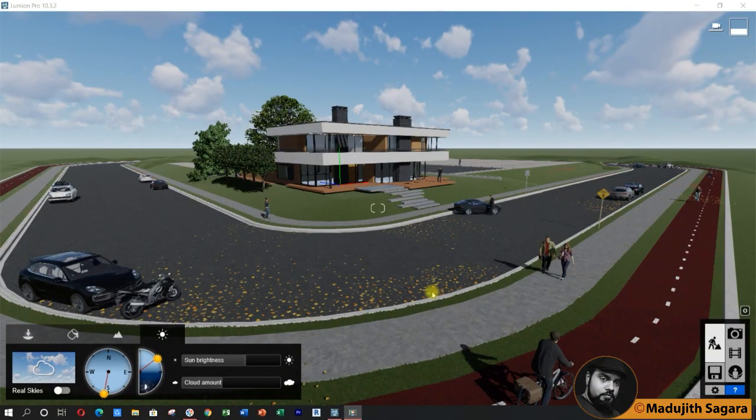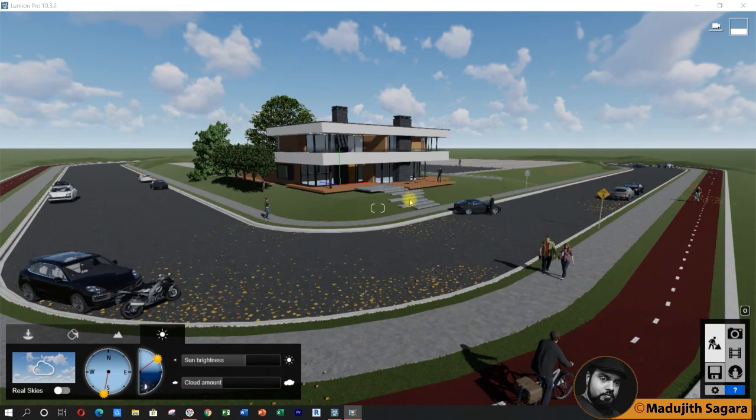I think you have seen some cinematic videos of buildings. They are called building walkthroughs, actually realistic walkthroughs. But I don't know whether you are aware of the software which is used to prepare such movies. One of the main ones is Lumion. But I have to say, if you want to work with Lumion, you must have a high-end performance laptop or desktop.